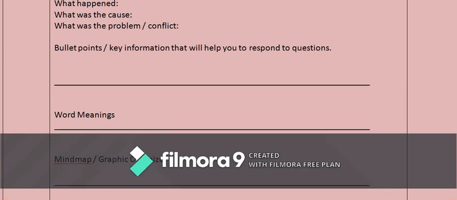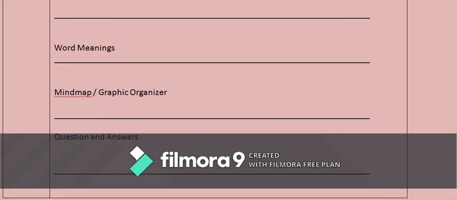Most of the time I used to give you a photocopy of a mind map or a graphic organizer. You can have a page or 2 pages for it depending on the topic that you are covering. If you are tracking the lesson, the process of the story, you can have a process graphic organizer. If you are doing a conflict and solution, then you can have a conflict resolution. If you are doing a plot of a story, you can have the triangular diagram of a plot. These graphic organizers are available on the internet. You may track it and you may draw and use it for organizing your information in the notebook.